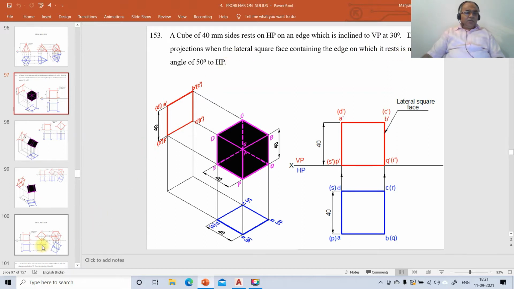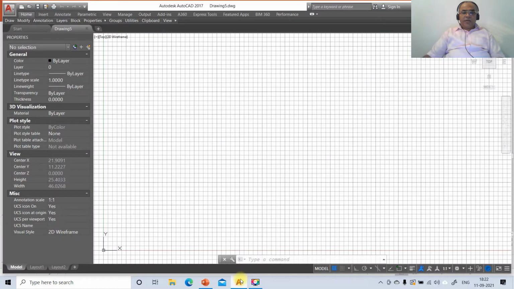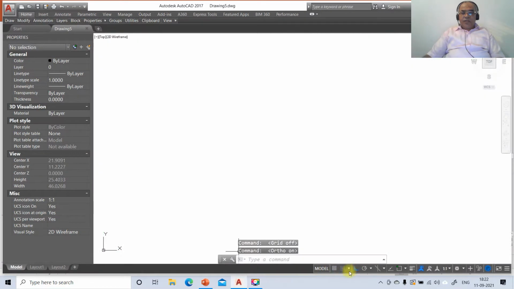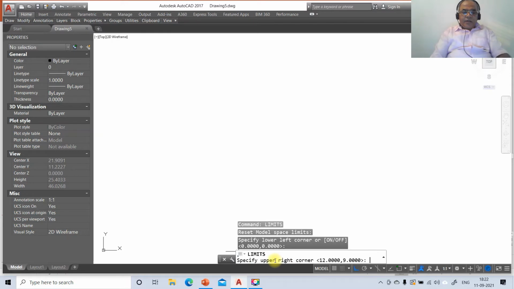So first we'll go to this, which is the final solution. To do that, we go to the AutoCAD screen, switch off the grid mode and switch on the ortho mode. The command is limits. Specify lower left corner, by default 0, 0, enter. Upper right corner is by default 12, 9, so you make it